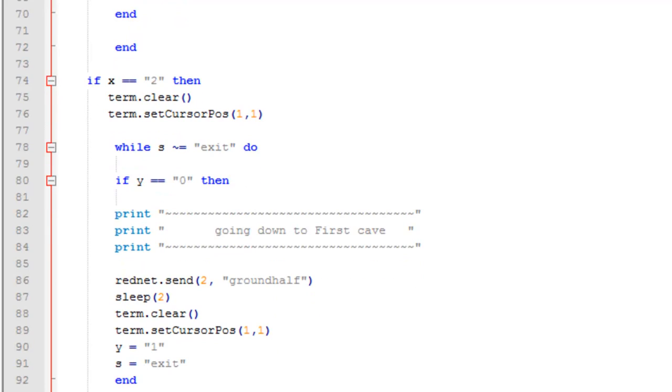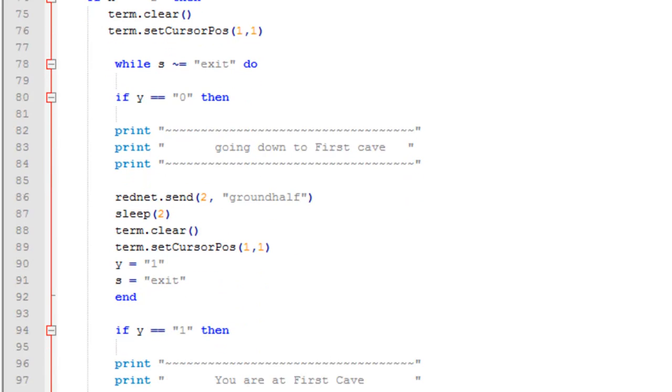And obviously now we're going to be doing the first cave. So if x equals 2, which is to go to the first cave, I've kind of confused everyone, I guess, but terminal clear and then terminal.set cursor position, while the s does not equal exit, do this code,